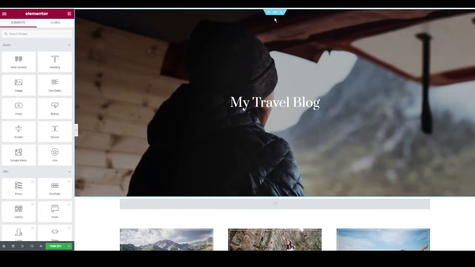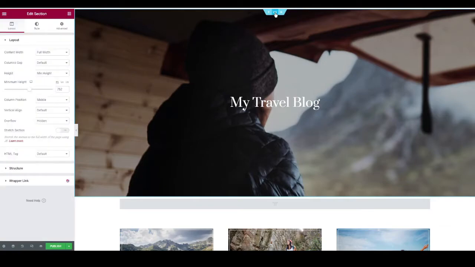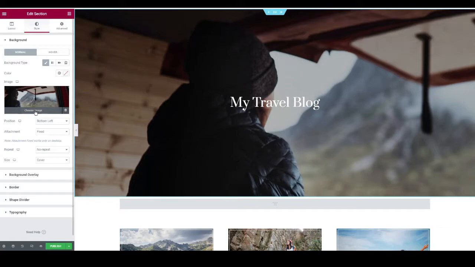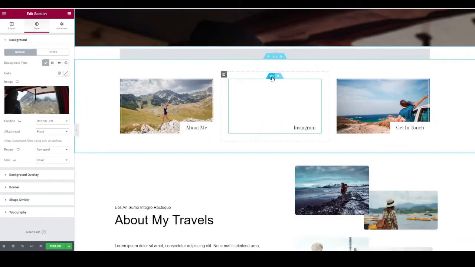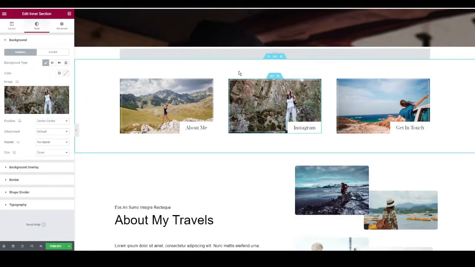So to change this main image, go to the top and click on the 6 dots. Then on the left hand side, you'll see an icon that says Style. To change the image, simply click here and upload a new image. As you scroll down the page, click into each section to customize as you want it, changing out all of